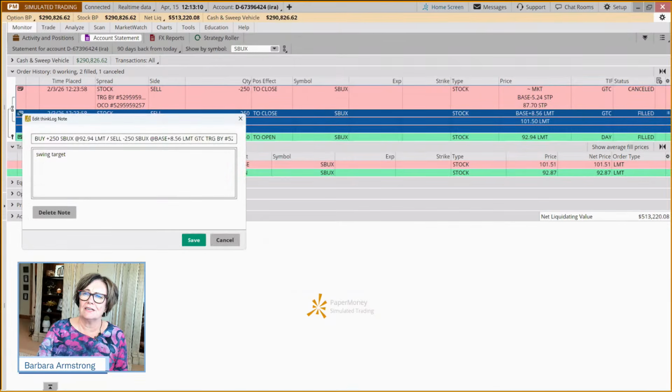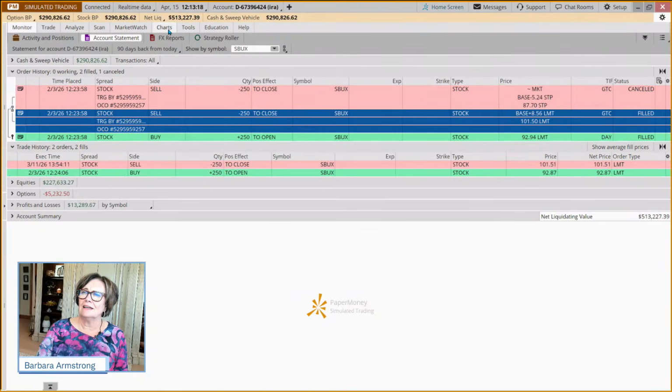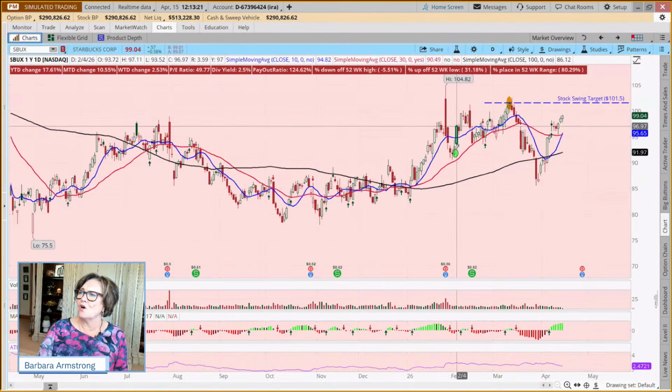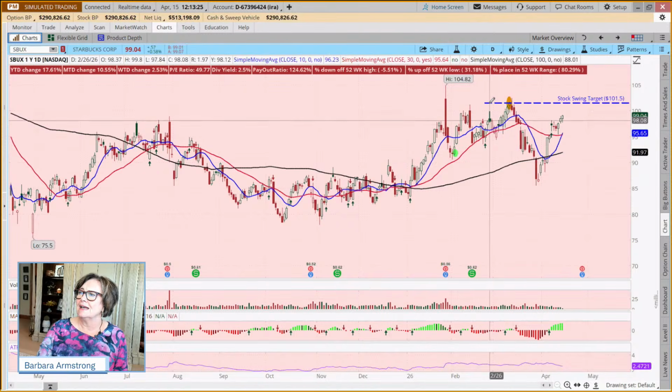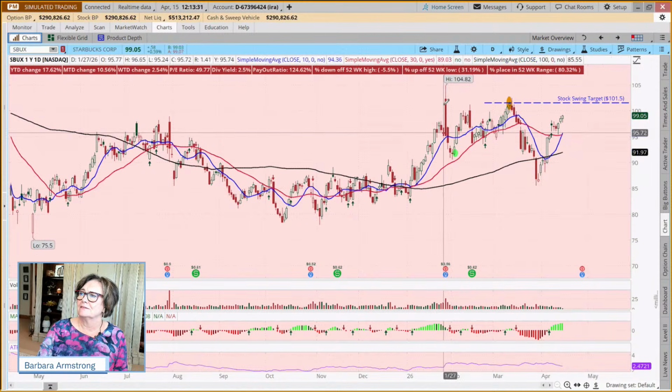When I come over here to swing and click on the notes, it said, oh, this was a swing target. And I like to mark things on the chart. So on this one, we bought it on this day, we sold it on this day, and this was a swing target based on it coming up and hitting this high here.